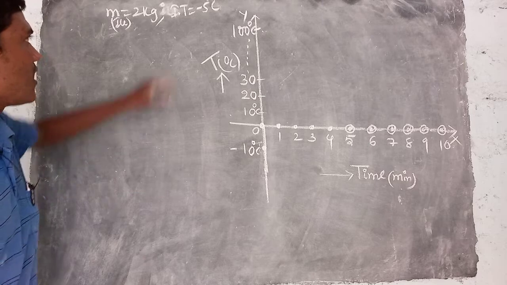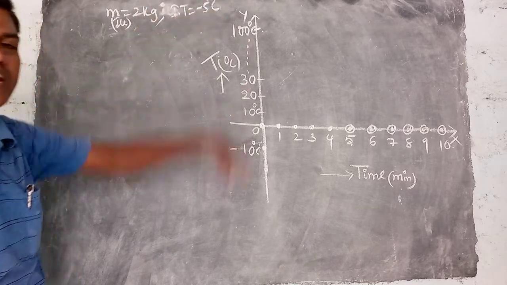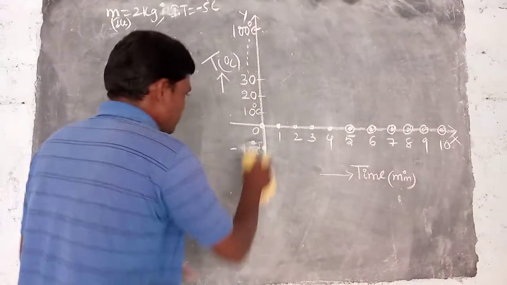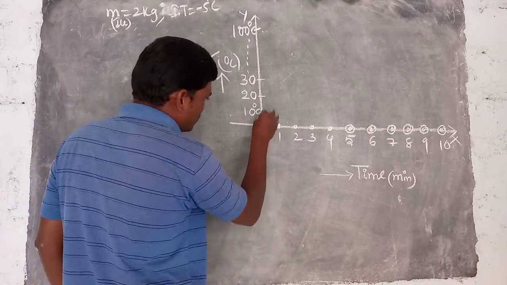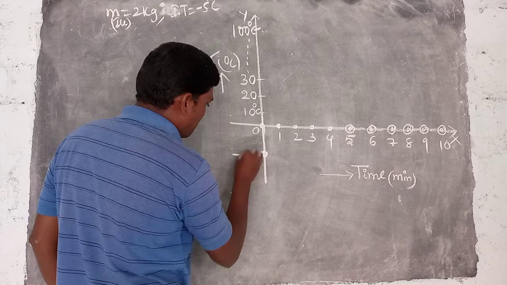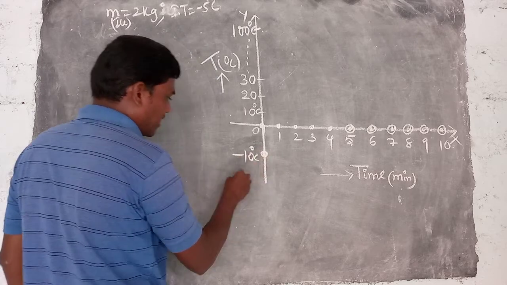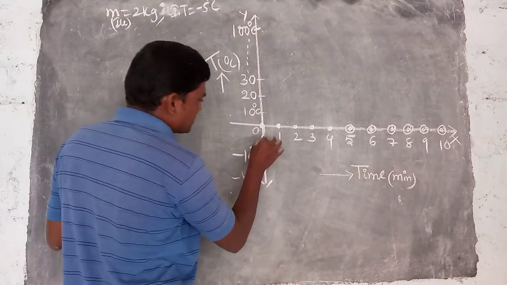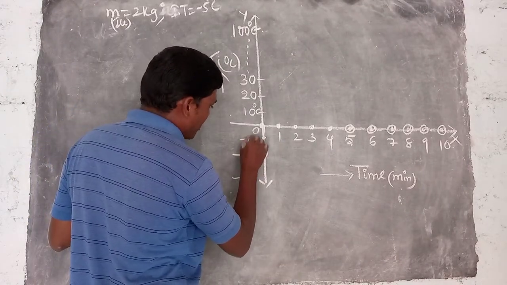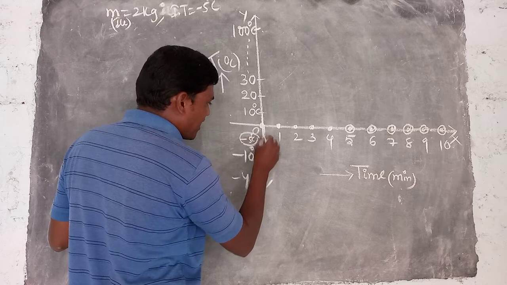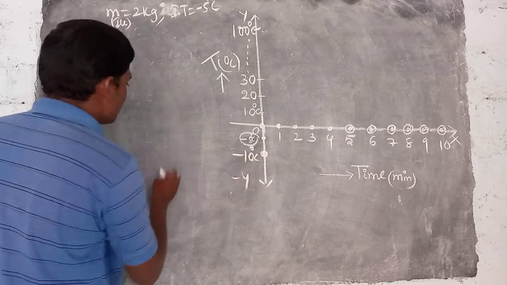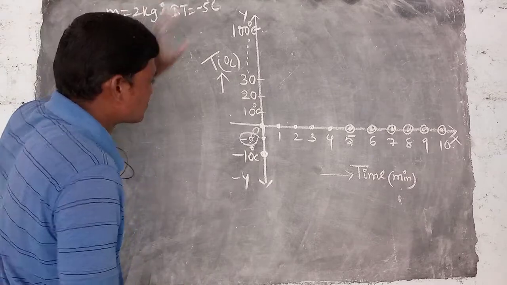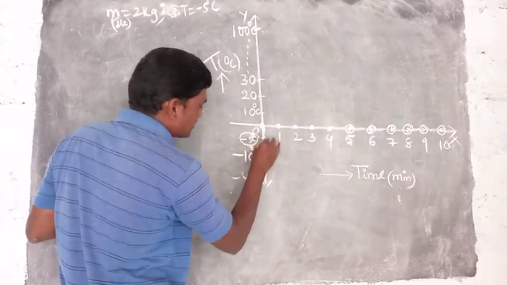Now, what is the initial temperature of the water? Minus 5 degrees Celsius. For your understanding, this is minus 10 degrees Celsius because it is the minus y-axis. Where can we set that? So 5 is here. That's why we can set minus 5 degrees Celsius here. Initially, the ice cubes in the beaker are at which temperature? Minus 5 degrees Celsius. That's why this point is there.